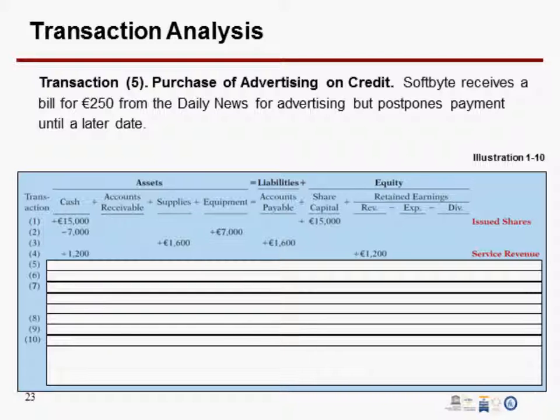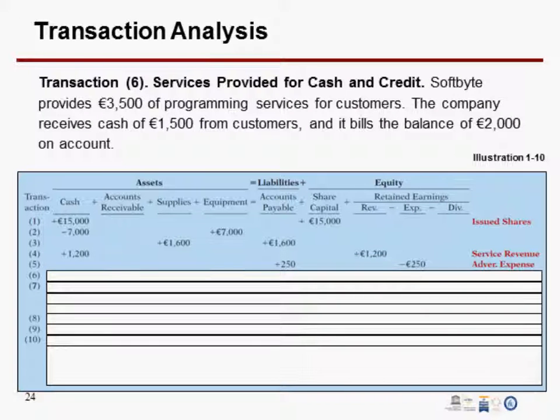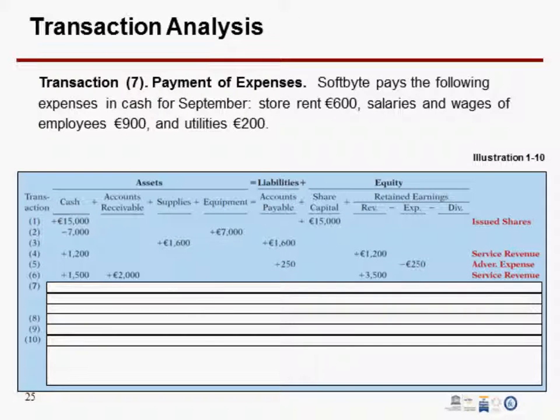So the expense increased, and the liability increased. Under equity, expense is a minus, and the liability is a plus, so these offset each other. They are supposed to be equal, right? Okay. Next one is